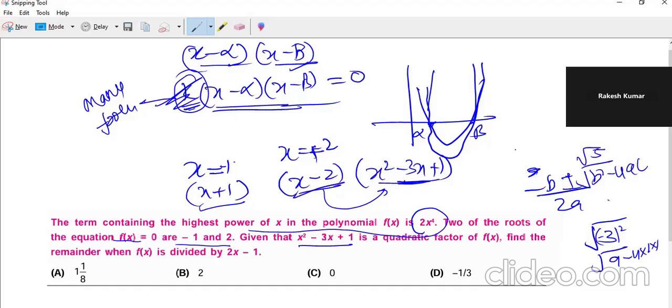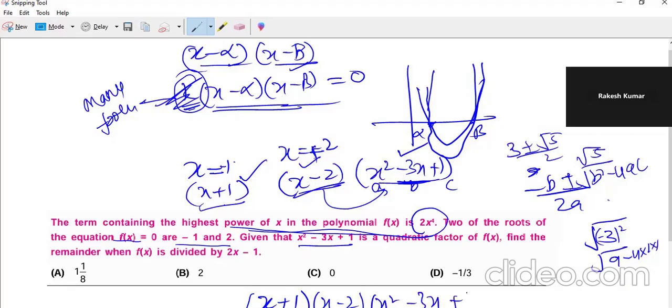There are two roots. One root is 3 plus minus root 5 over 2. B square is 9 and minus 4ac. This is a, this is b, and this is c. So these are independent roots. This has got two roots hidden inside it. So you got four roots. But he says the highest term power is this. So that means this 2 is coming. You see, if you multiply x plus 1 into x minus 2 into x square minus 3x plus 1,